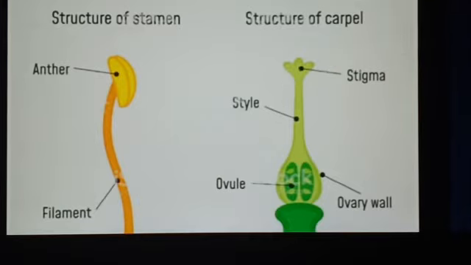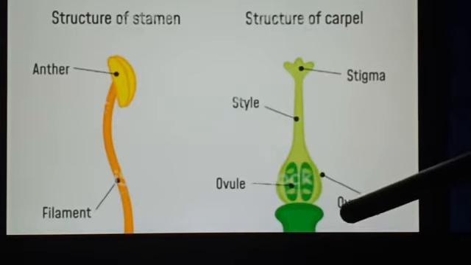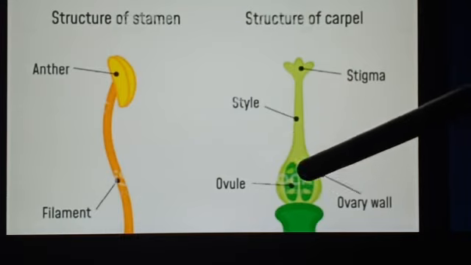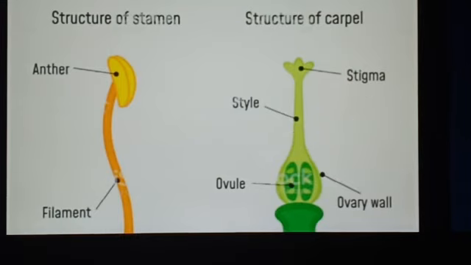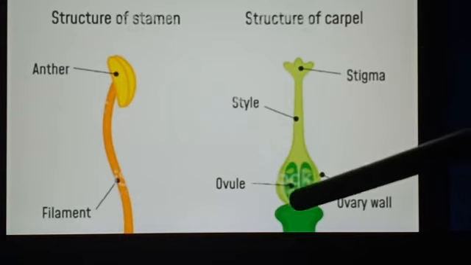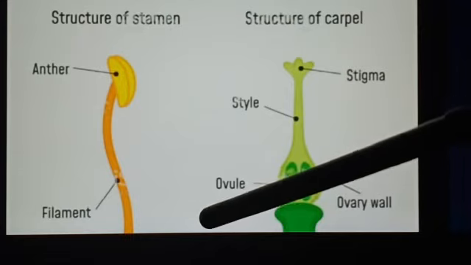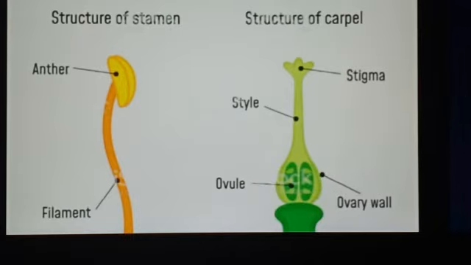Okay, and this ovary contains one or more ovules. If you see the structure of it, this ovary contains one or more round shaped structures which are ovules. The female gamete, also known as egg, is formed inside this ovule. So basically the ovary contains minute small round shaped structures which are known as ovules, and each ovule contains the female reproductive gamete which is known as